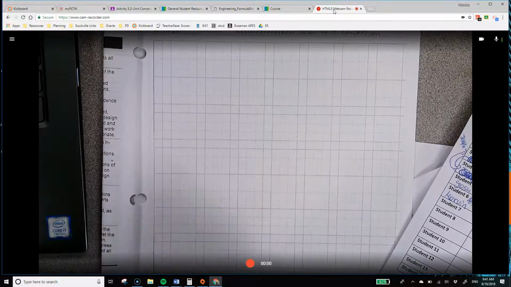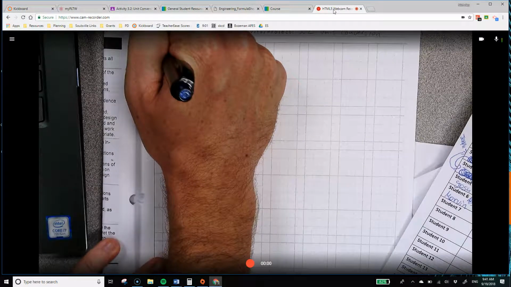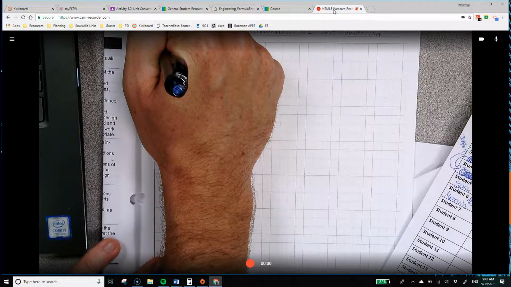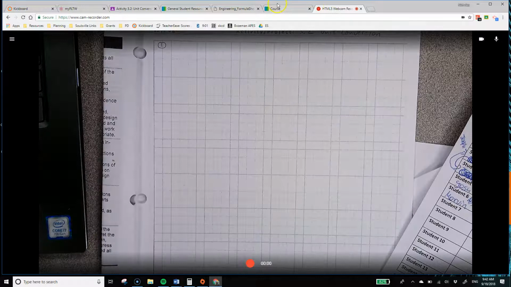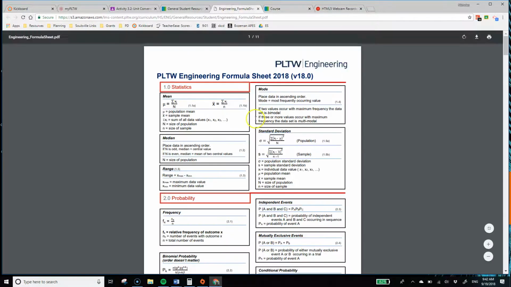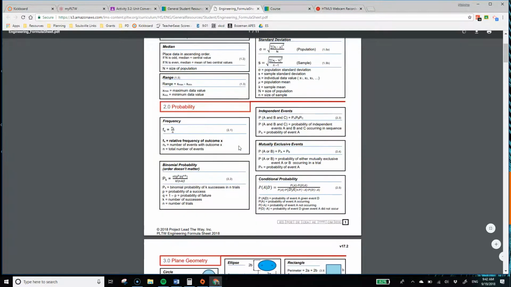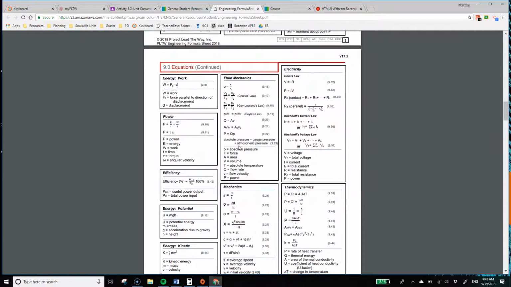And you guys should have already taken your notes on previous pages. We're going to begin now with step 1. So I'm just going to write a 1 and circle it. Now it tells me to write an equation that shows the equivalency between meters and gigameters. You guys should have seen something like this in your presentation yesterday, except they were doing megameters instead of gigameters. But I'm going to scroll down until I find,